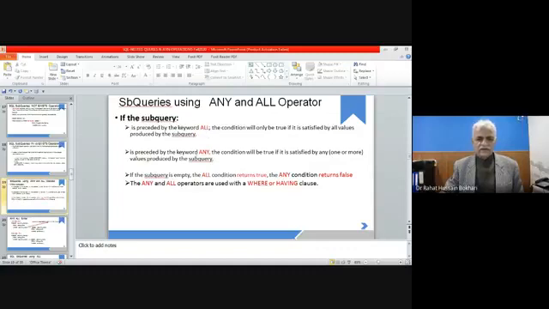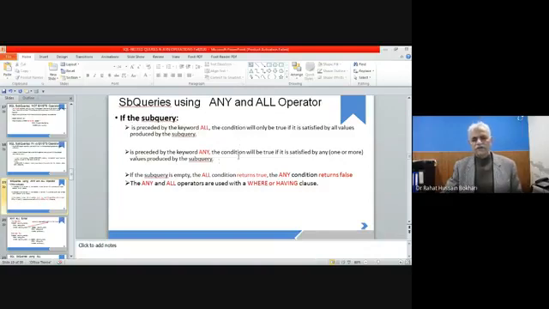If we are using ANY, the condition will be true if satisfied by any of the rows produced by the subquery. In ALL, all the values produced by the subquery should be applicable, so you have to compare all values.